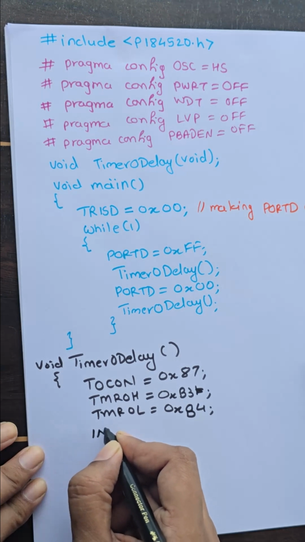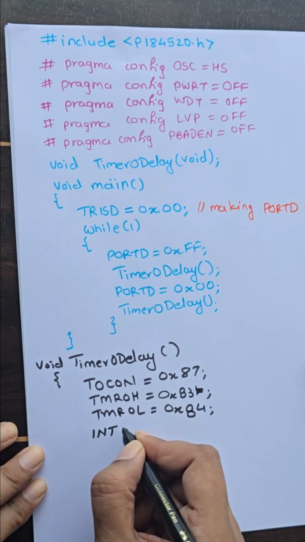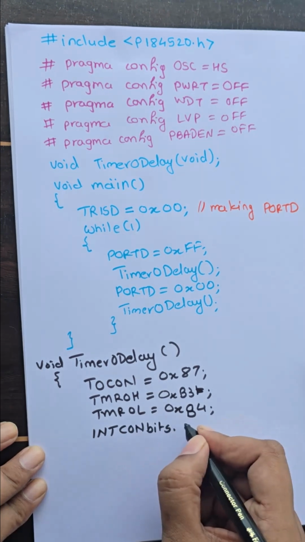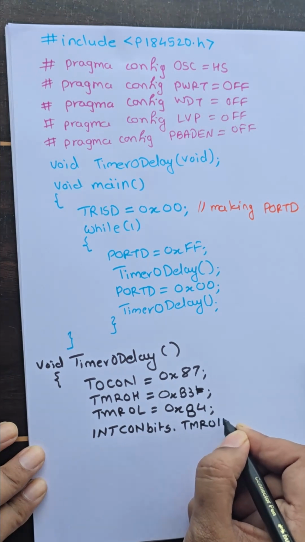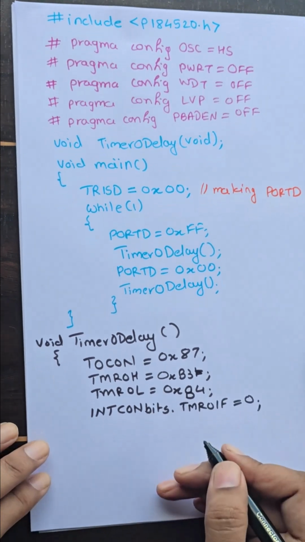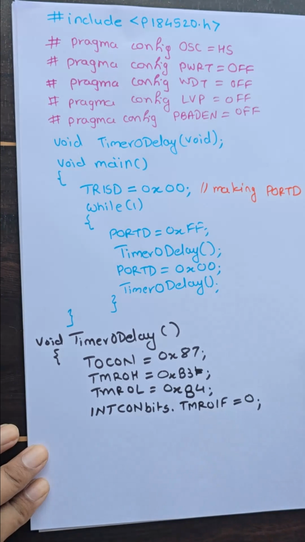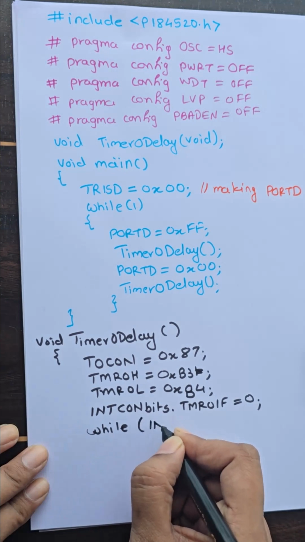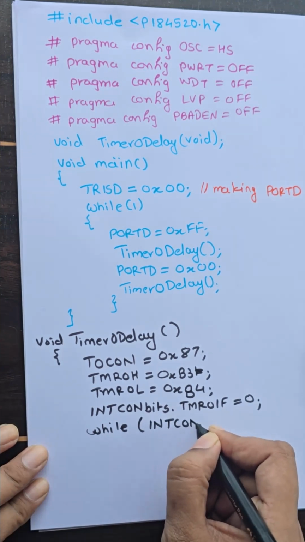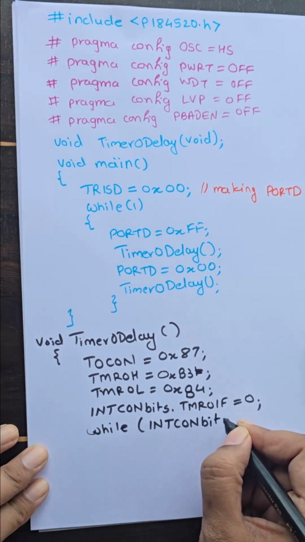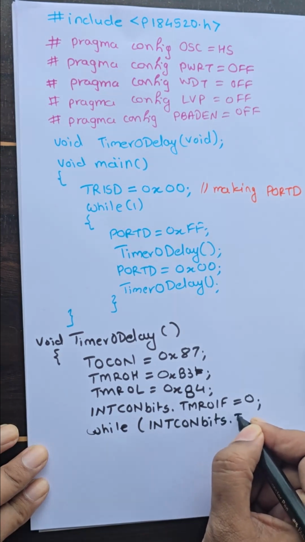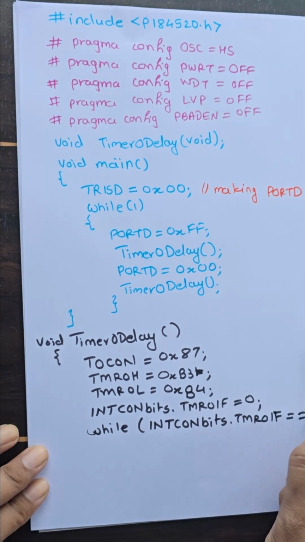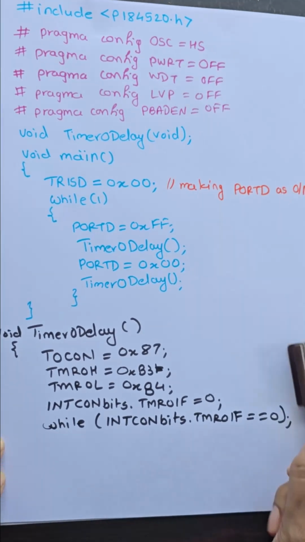So we configure that bit with INTCONbits.TMR0IF equal to 0. We have to first make that bit 0, and then we have to wait for that bit to become 1. So while INTCONbits.TMR0IF is equal to 0,